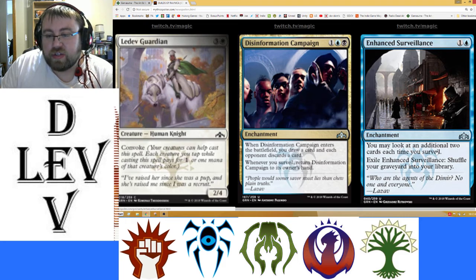Next is Enhanced Surveillance, one and a blue, an enchantment. You may look at an additional two cards each time you surveil. Wait, what? And then you can exile Enhanced Surveillance to shuffle your graveyard into your library. This card is...